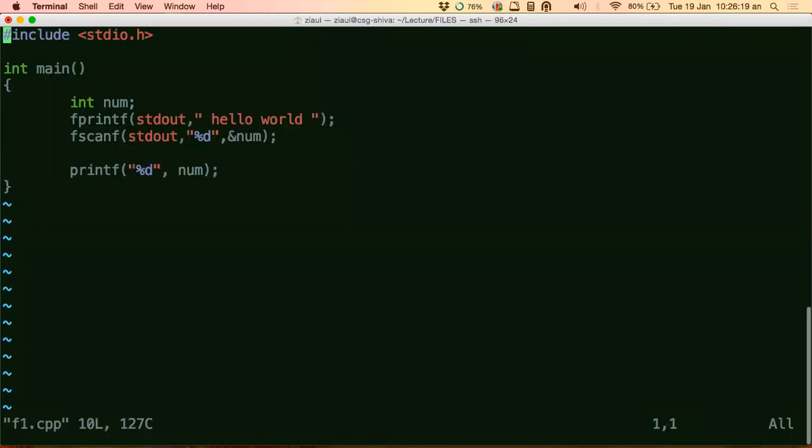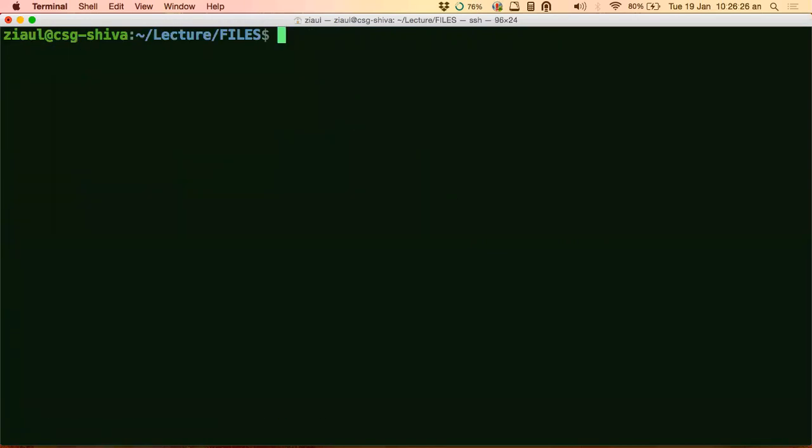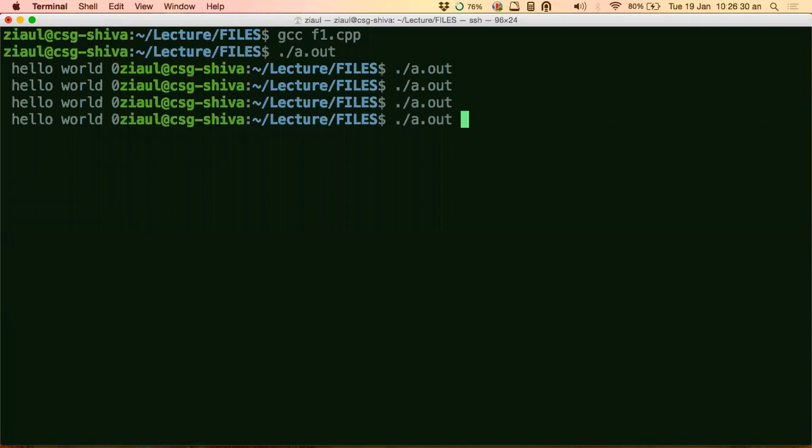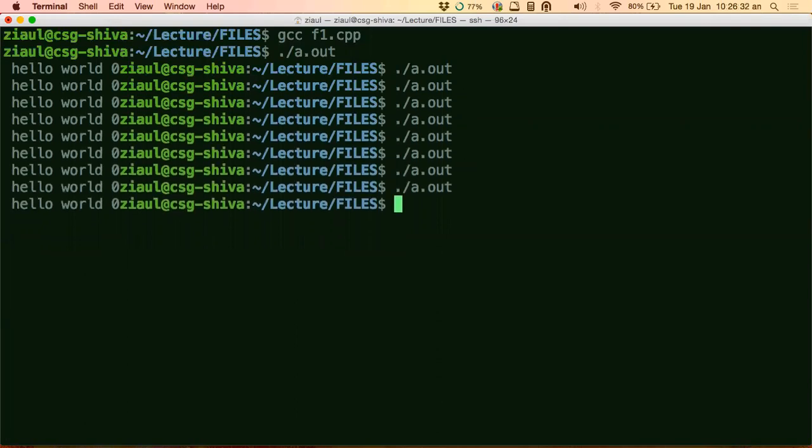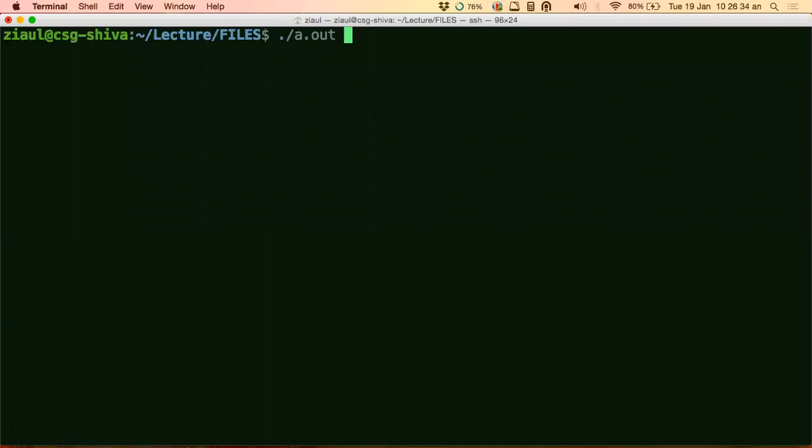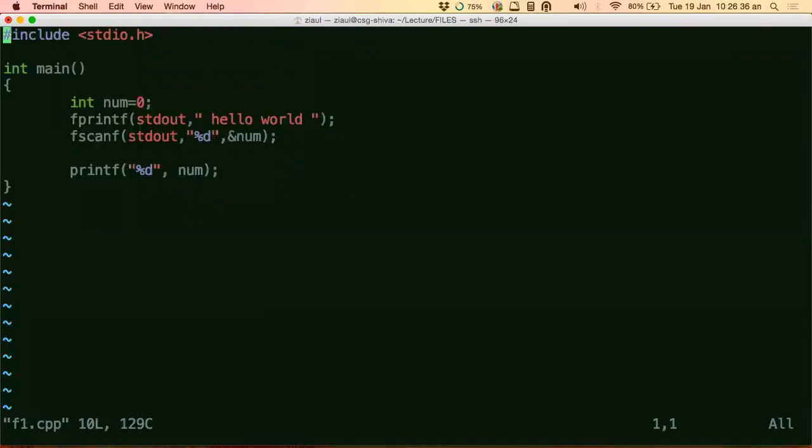Let's initialize num. Sorry, I think nothing would go inside num. Yeah, it read 0. So nothing happened here. Logically it's wrong, but your program will compile fine.